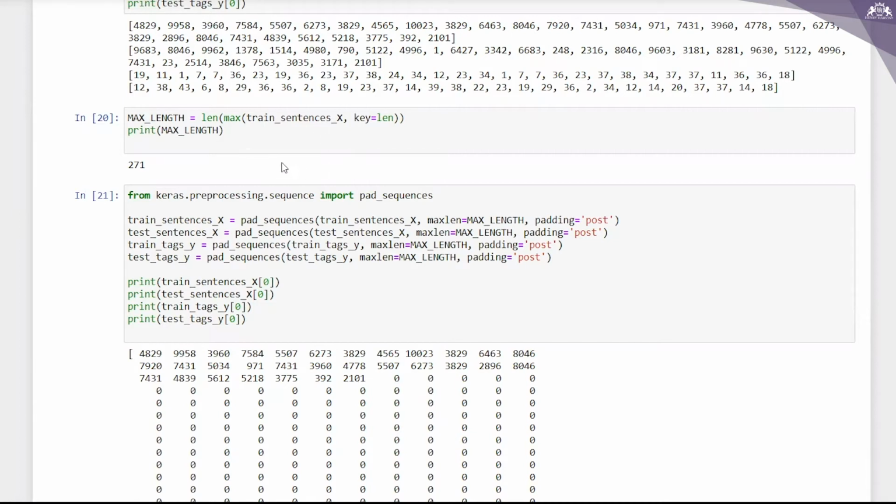Let us compute the maximum length of all the sequences, and here I'm getting the output as 271.